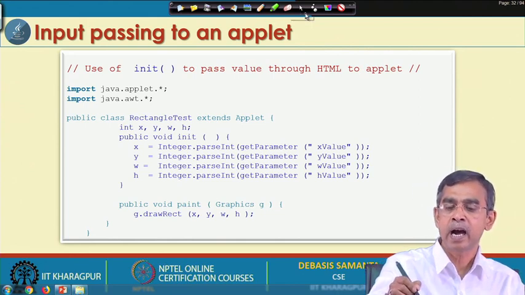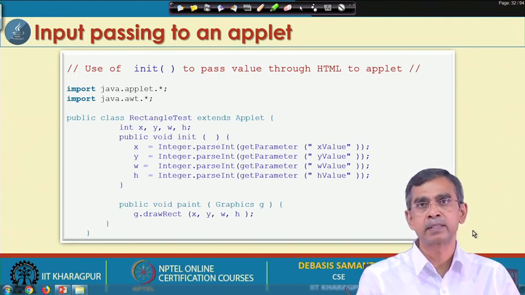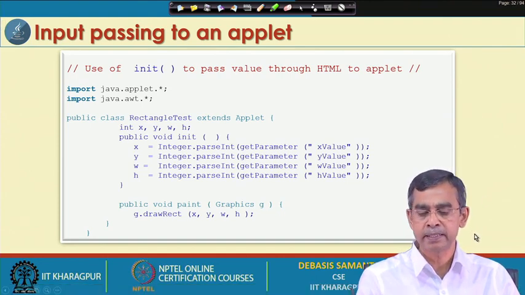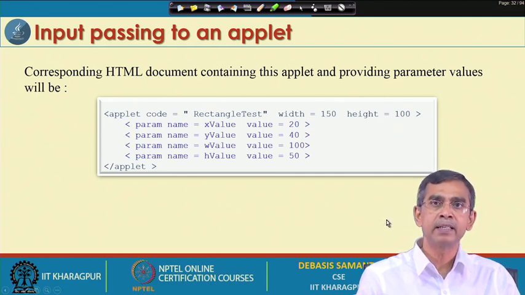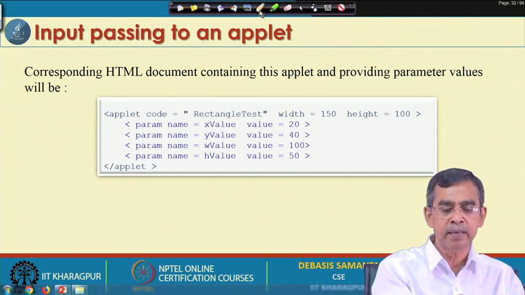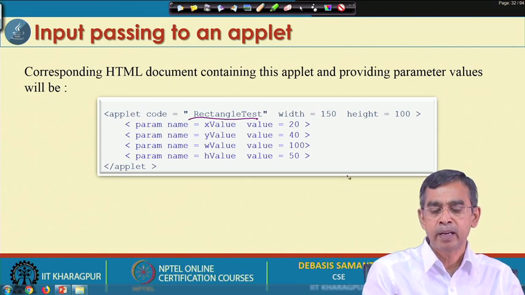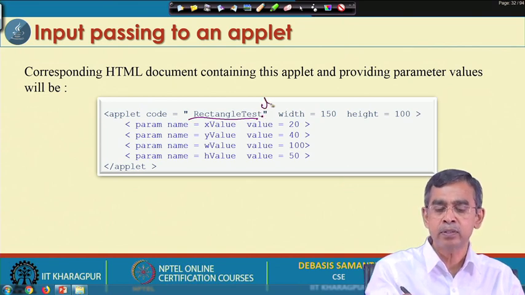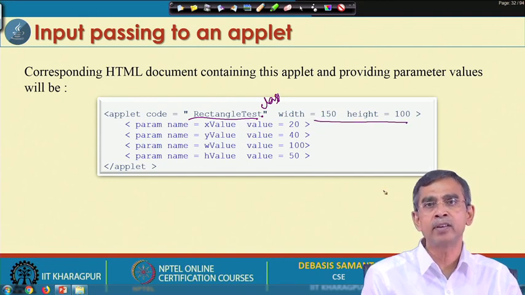Now, let us see how the HTML file will be in this case. What is the change in the HTML file? Here the HTML code will be the same as earlier, with the HTML body tag and everything. Only the applet code is required here. This is the code that needs to be executed, and you can write the .class also, and then this is the width and height that you have specified, that is the window size.